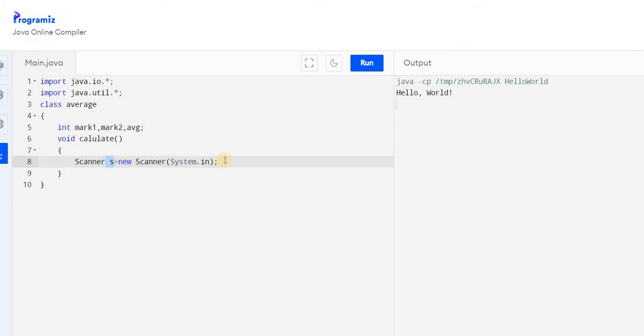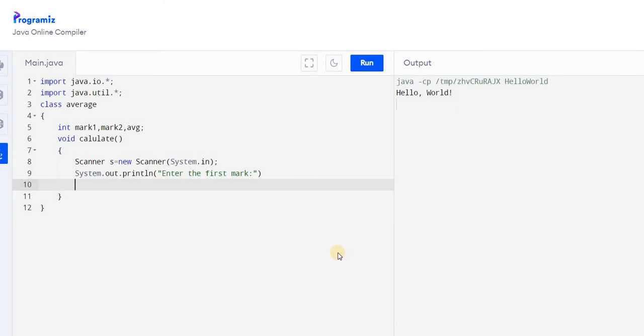First let us tell the user to enter the first mark. The output statement is System.out.println, and let us ask to enter the first mark. So we are displaying that message.